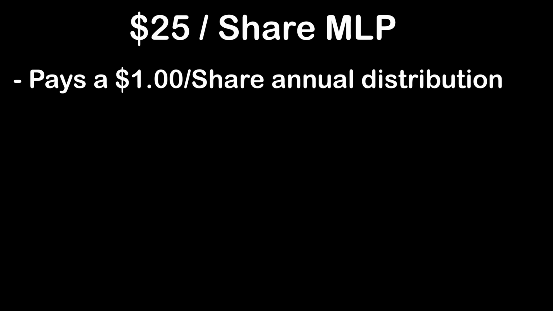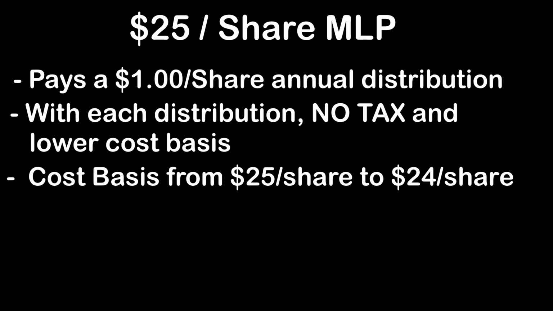For example, let's say you have a $25 per share investment in an MLP. Let's say it pays $1 in annual dividends or distributions. So every year you get paid that $1 in distribution. Instead of being taxed now, your cost basis goes from 25 to 24, and then every year, 24 to 23, 22, 21, 20, until eventually when you sell the investment, at that point you will have a larger capital gain than most other investors. Your cost basis might be, let's say, $10 per share. Maybe you sold it for $27 per share, so you'd have a gain there of $17 per share that you would be taxed on. And that would be at the capital gains tax rate if it was owned for more than a year.